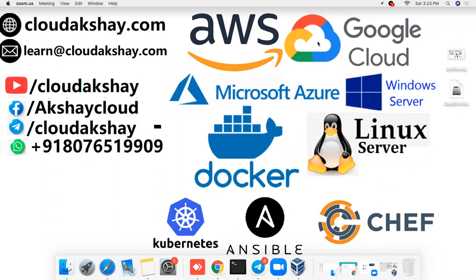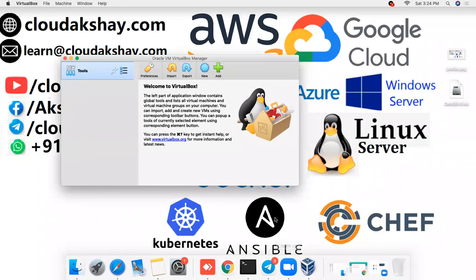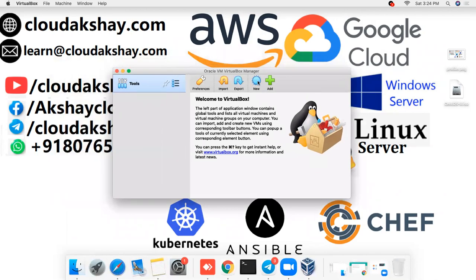So today we are going to see how I install a CentOS 8 version in VirtualBox, and the installation process. I already downloaded the ISO file from the CentOS official site and already installed VirtualBox here. So in VirtualBox, I'm going to create a CentOS virtual machine. So let's start. I am going to click on New,